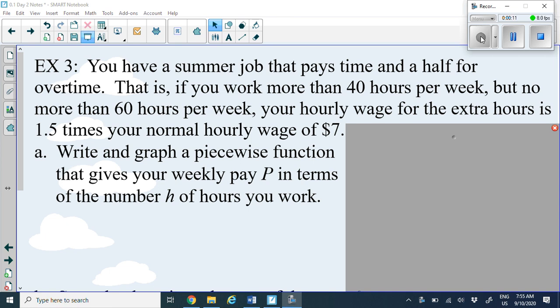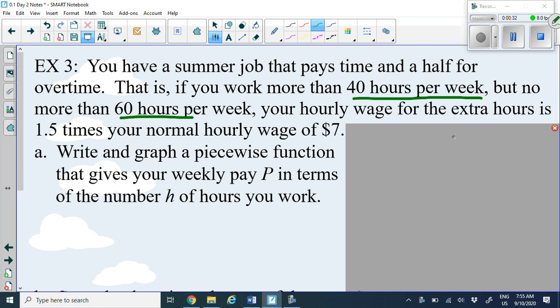So it says you have a summer job that pays time and a half for overtime. That is, if you work more than 40 hours per week, but no more than 60 hours per week, your hourly wage for the extra hours is 1.5 times your normal hourly wage of $7. Now what I'm going to do first is just underline the numbers because that's going to be key to how we write some of these